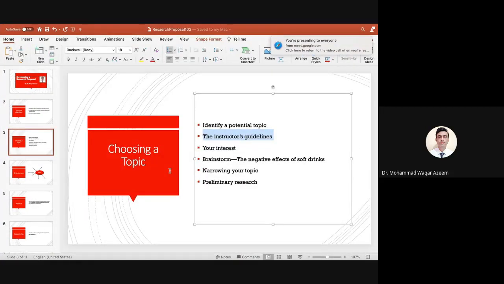So make yourself aware of the guidelines which your instructor gives to you, and think of the topic within those guidelines. Also, while choosing a potential